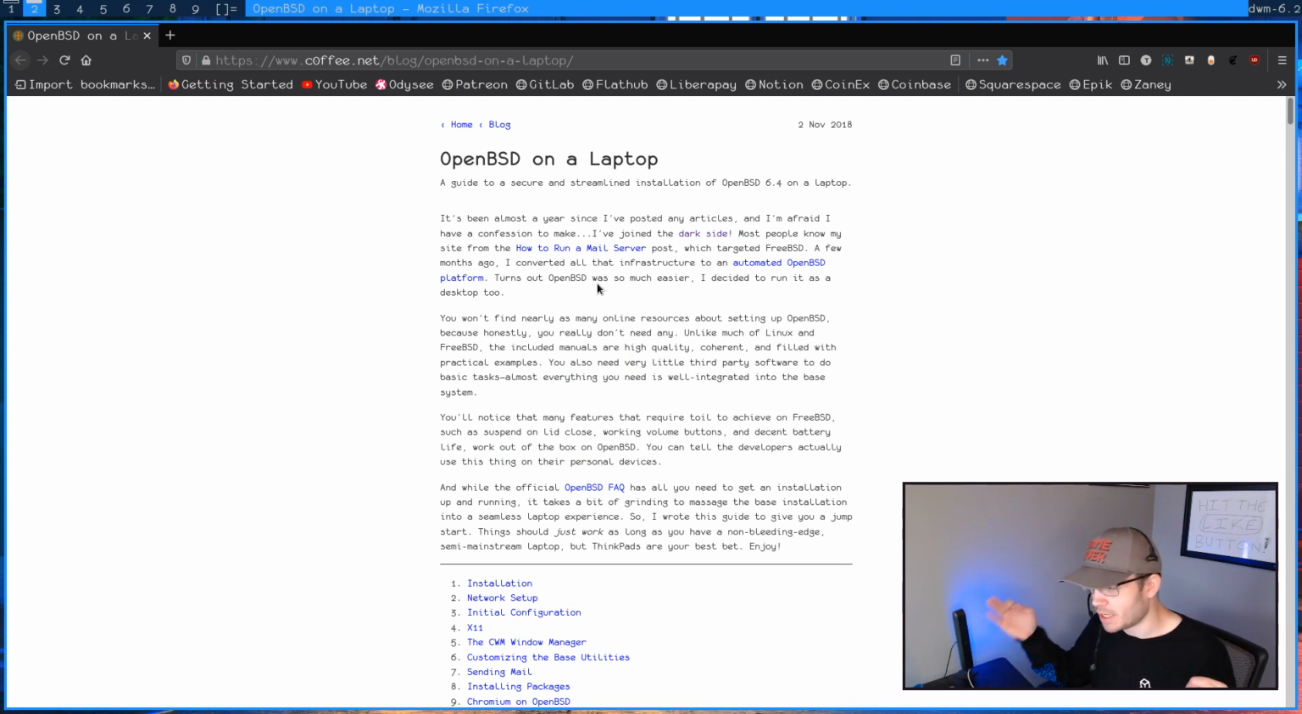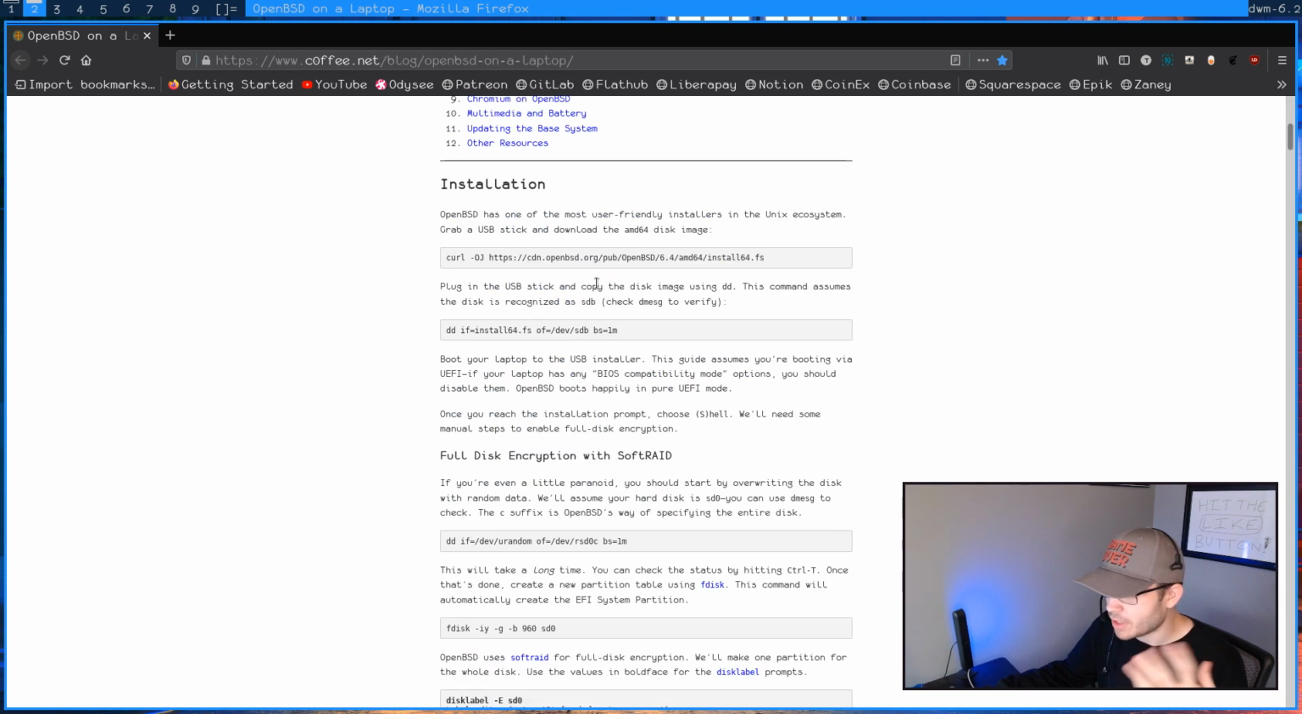It's titled OpenBSD on a laptop, and I run a laptop. And this will particularly be useful for laptop users in a few different ways, but it is also beneficial to know some of this stuff for a desktop user as well. So inside of the article here,